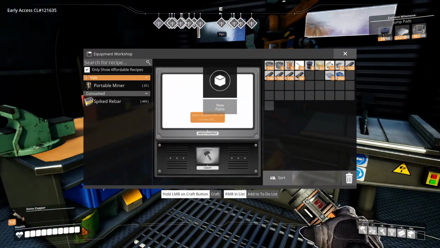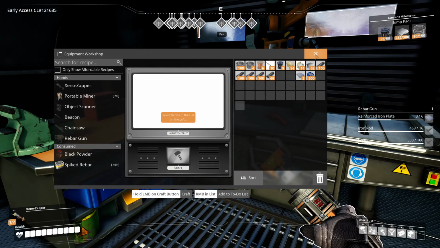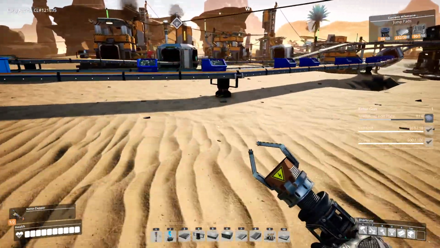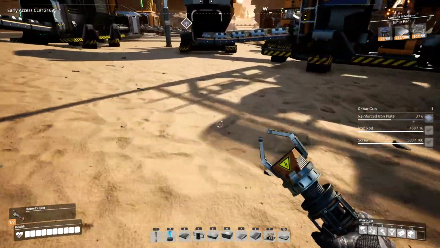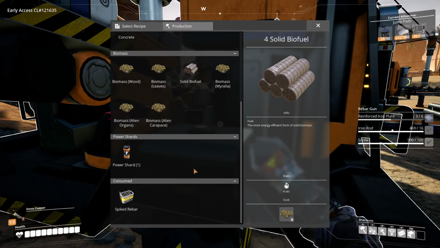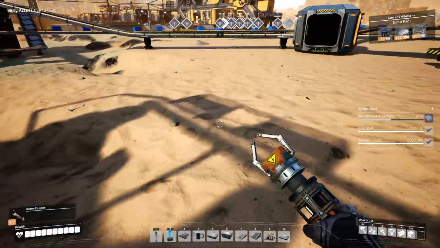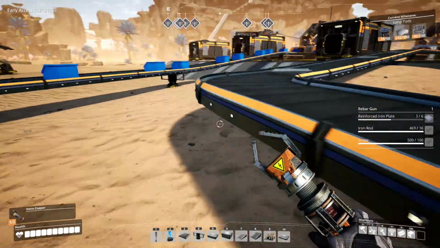So now what we're going to do is make the gun. We just need reinforced plates for that, and I'm going to start this constructor, because you just basically turn rods into rebar, right? So I'm going to start this constructor on making rebar. It's ready to go. Make spiked rebar there. Alright, and that's going to make a whole bunch of ammo for us. I'm going to make a little bit myself, but that's going to make a whole lot of ammo for us